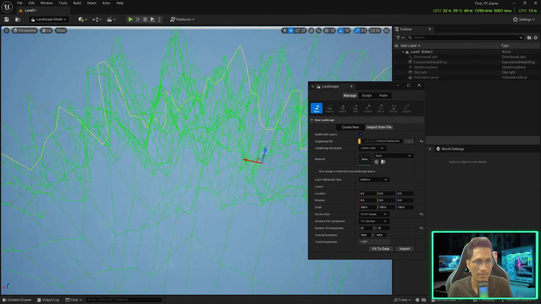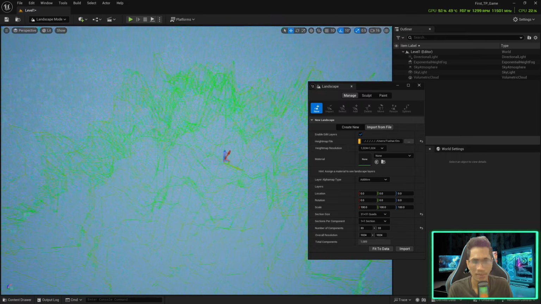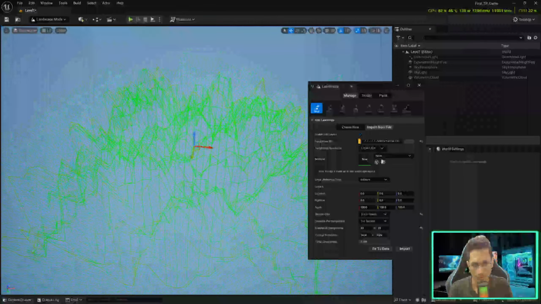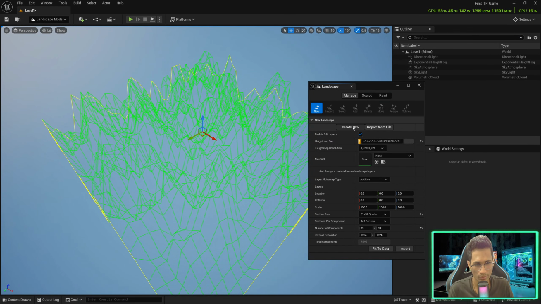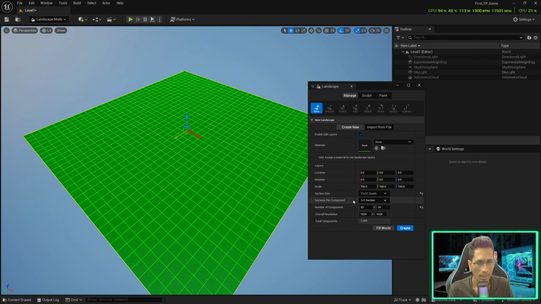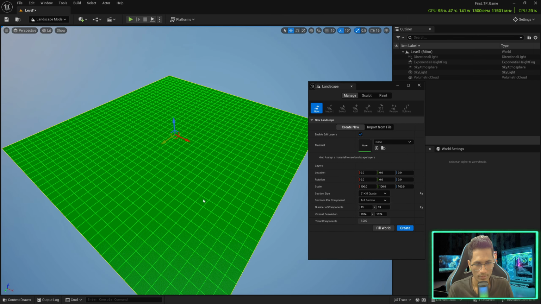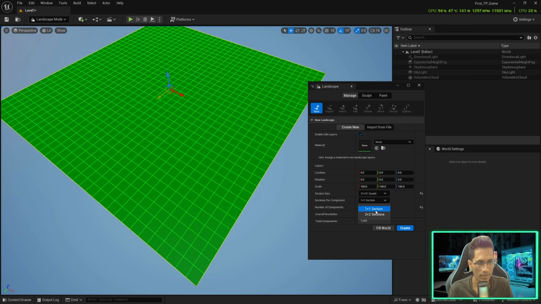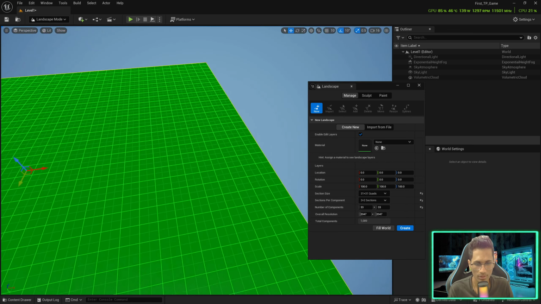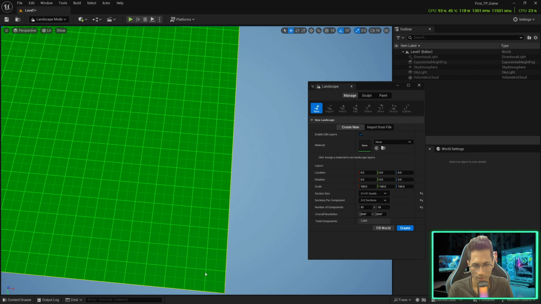So if I select it, you will see that this is how roughly your terrain will look. Now, if you observe, this height map is of 1K resolution. If I go to create new, you'll see a lot of grids here. There is only 1x1 section per component, which means these small boxes. Every component has one section. If I increase it to 2 sections, you will see now one box has 2x2, that is 4 sections